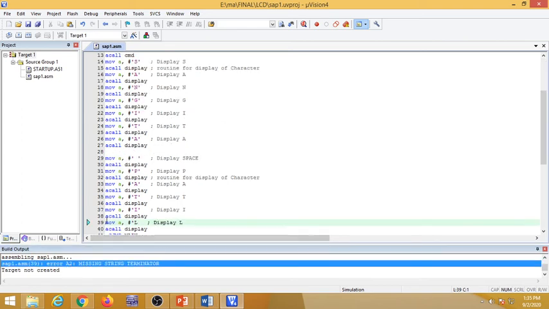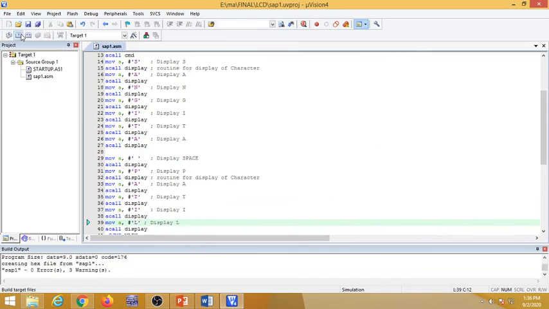For example, the error is here: the L is not written properly in single quotes, and that's why I will just cover that part in single quotes. Now I will save again, then build again. Now there is no error. Okay, the error is removed. Now the hex file is generated, whose name is SAP1.